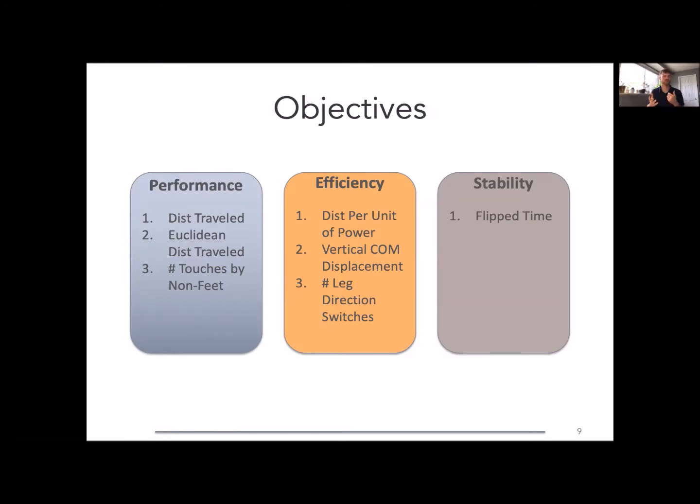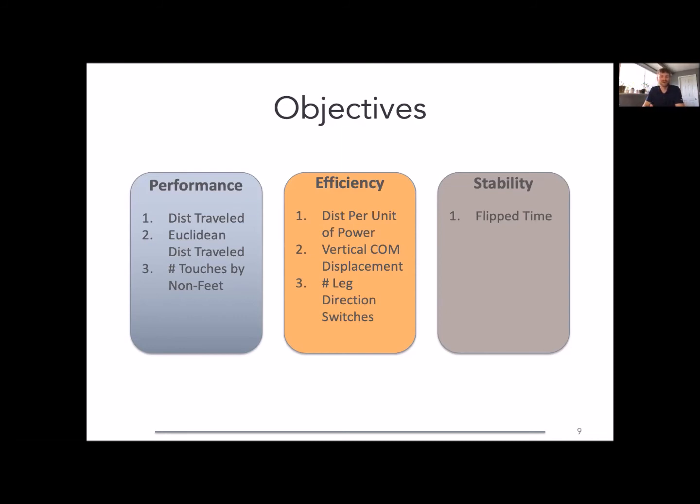And then we try to minimize the number of leg direction switches. So you can imagine when you walk, if you have a nice smooth gait, you only change the direction of your legs at the end of your gaits, you know, swinging forward and then swinging backwards. And this tries to minimize sort of vibrating gaits where the legs actually just kind of move very low and you get a robot that essentially vibrates across the ground, which can be a very stable gait actually.